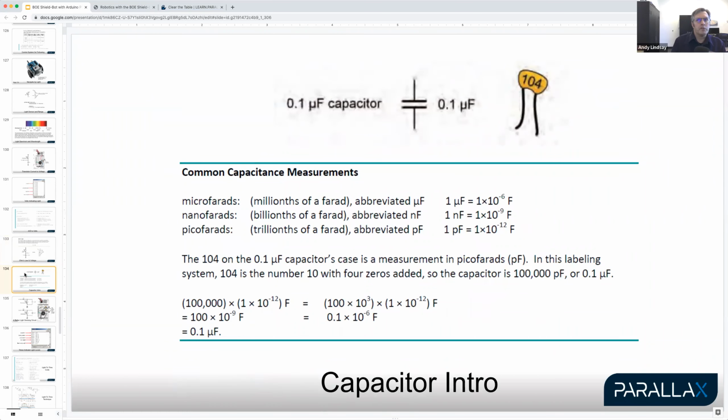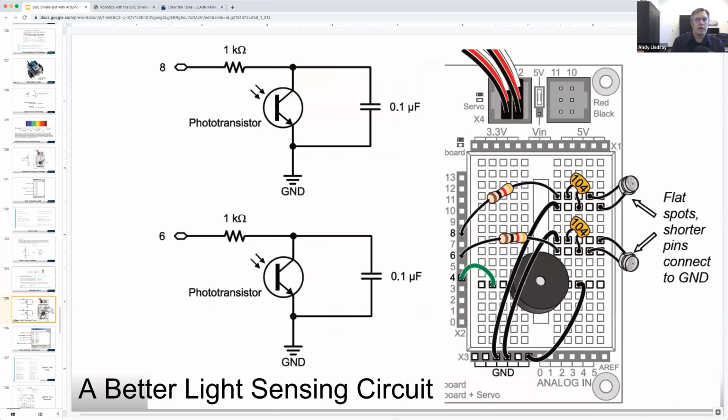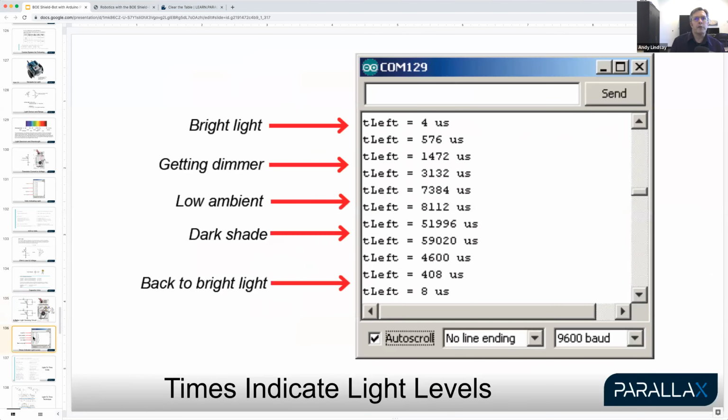Well, we also use a circuit that measures decay time using capacitors, which are like very small batteries. And so we have two circuits where there's a capacitor in parallel with a phototransistor. And of course, we show how that's wired, as was the case with the whiskers and the phototransistors. And this is kind of fun because we measure,